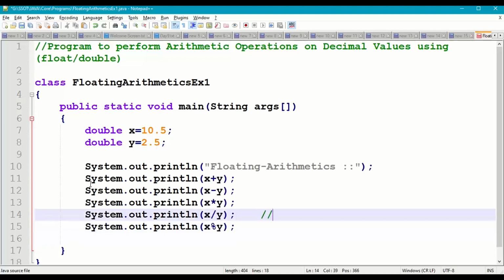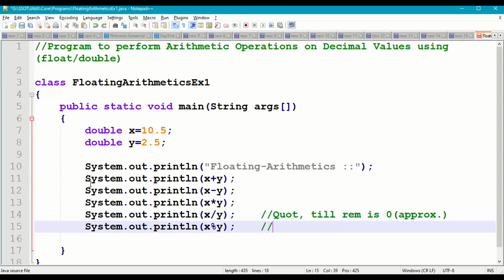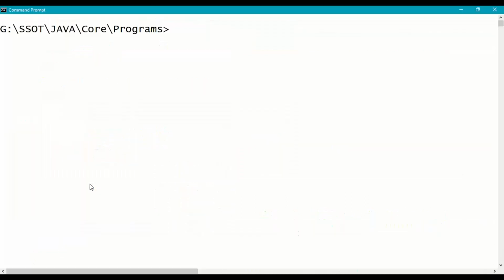So x by y will get the quotient till the remainder is 0, approximately till the remainder is equal to 0. And here you will get the remainder if the number is not divisible by the divisor. If it is not divisible, immediately it will give the remainder as the modulo operation result. So save this program, come to the command prompt, and then compile the program, javac